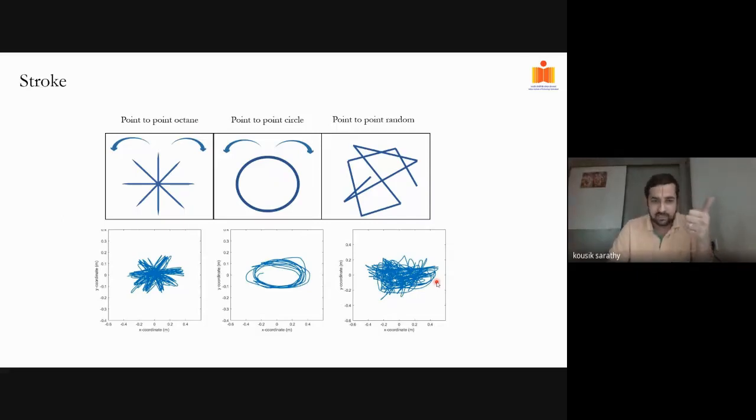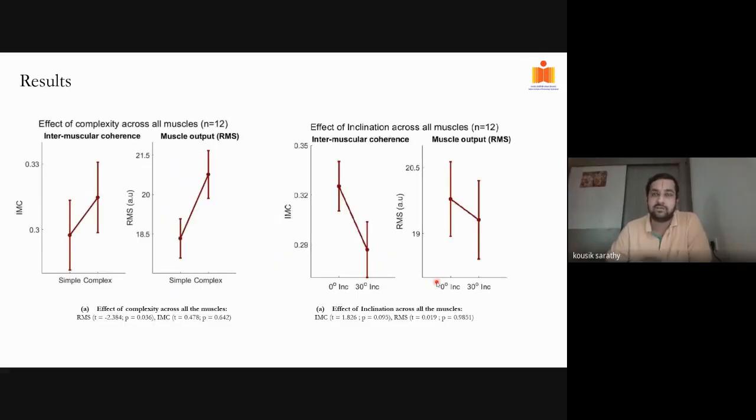One, intermuscular coherence between the various muscles. So we had sensors in the flexor components, bicep, tricep, and then the deltoid. And then we wanted to see how flexors and extensors synergistically operate when they move through space. We have not completely analyzed this data, but what we can see already, which was recently shown at a conference, SPCOM, in IISc, a few months back under the COVID dark cloud.